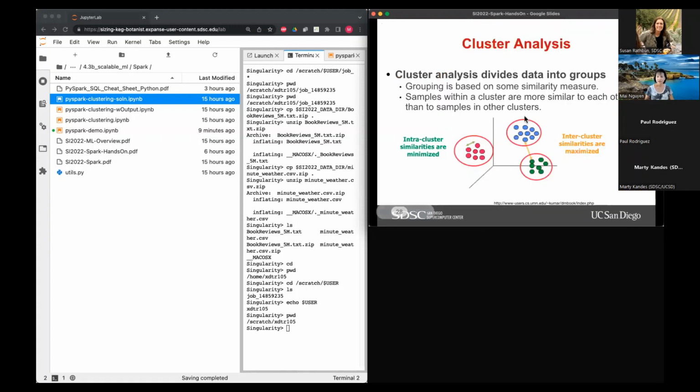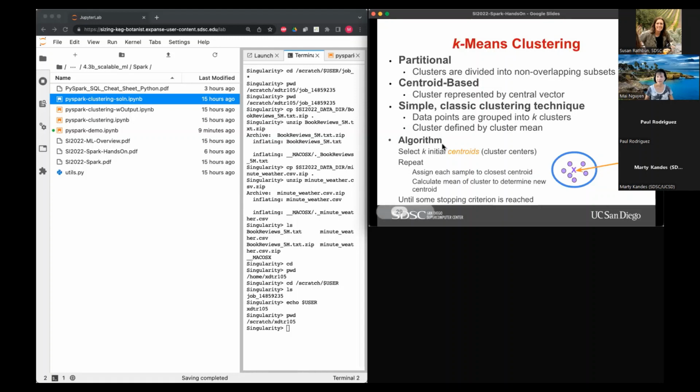Okay, so real quickly, cluster analysis. Again, the goal is to divide data into groups, and you want the similarities between points in a cluster to be as small as possible, and you want the clusters to be as far apart as possible. So you want very distinct clusters.